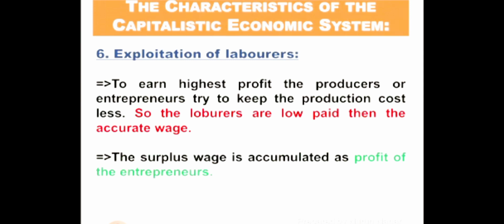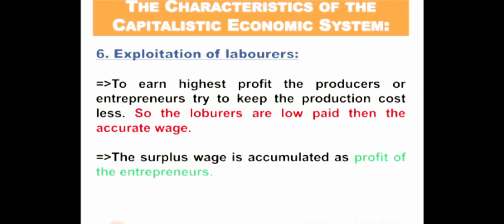Characteristic number 6 is exploitation of laborers. Exploitation of laborers of a country can exist when the laborers get less wage than the just one. In this sort of capitalistic economic system, laborers can be exploited